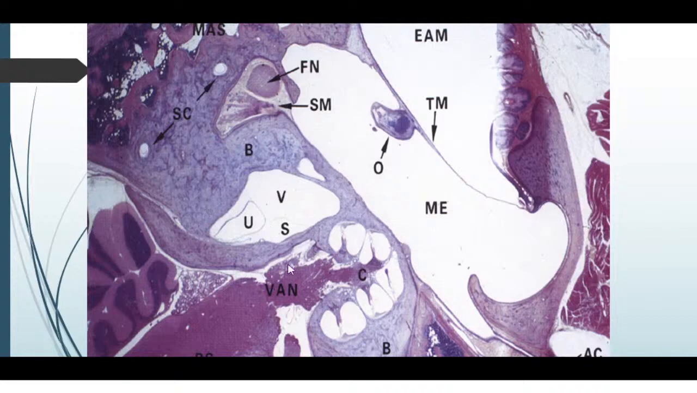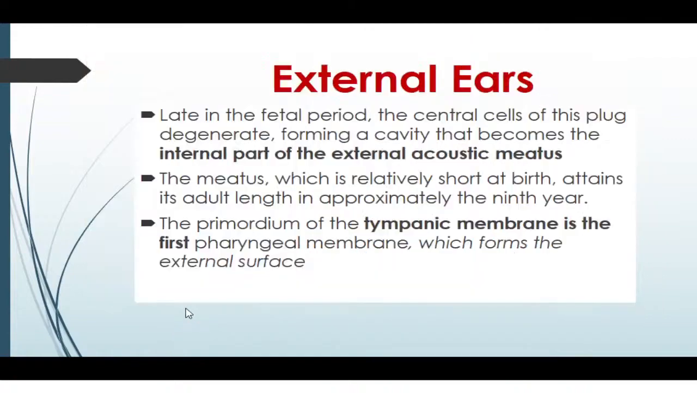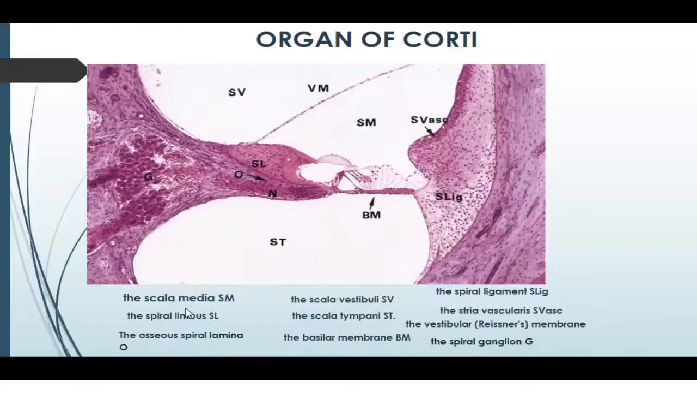These are spaces of the vestibule. Also we have seen here the cochlea. This one is the cochlea with the modiolus inside, and the auditory nerve in a special spiral ganglion. Yes, we have also seen the auricle, pinna, and another picture which we have seen will be the organ of Corti. In the organ of Corti: scala vestibuli, scala tympani, spiral ligaments, stria vascularis, vestibular Reissner's membrane. Also we have seen the basilar membrane, spiral ganglion,